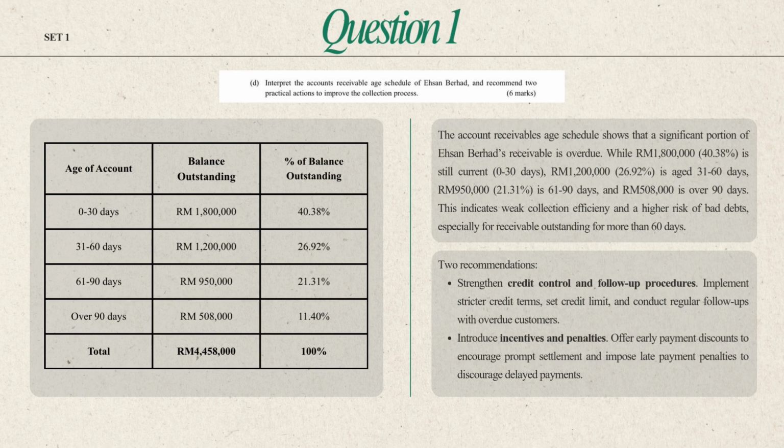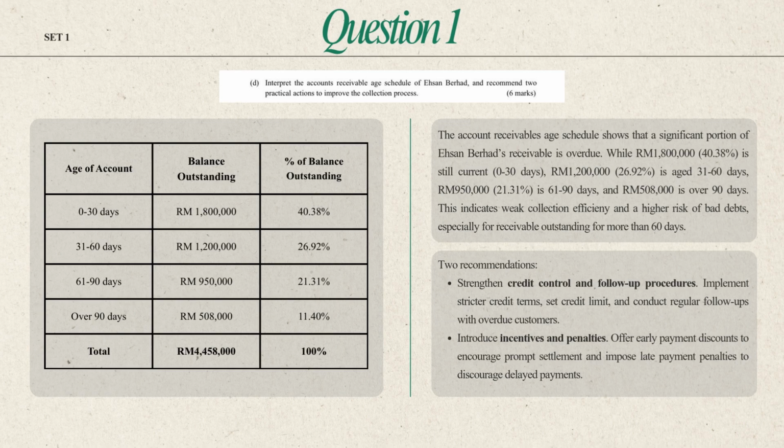This is a report that categorizes account receivable based on how long an invoice has been outstanding. An aging schedule helps us spot trends. If the over 90 days category is growing, it is a red flag that our collection department is struggling or customers are facing financial distress. We want the majority of our receivables to stay in the 0 to 30 days bracket to keep the cash